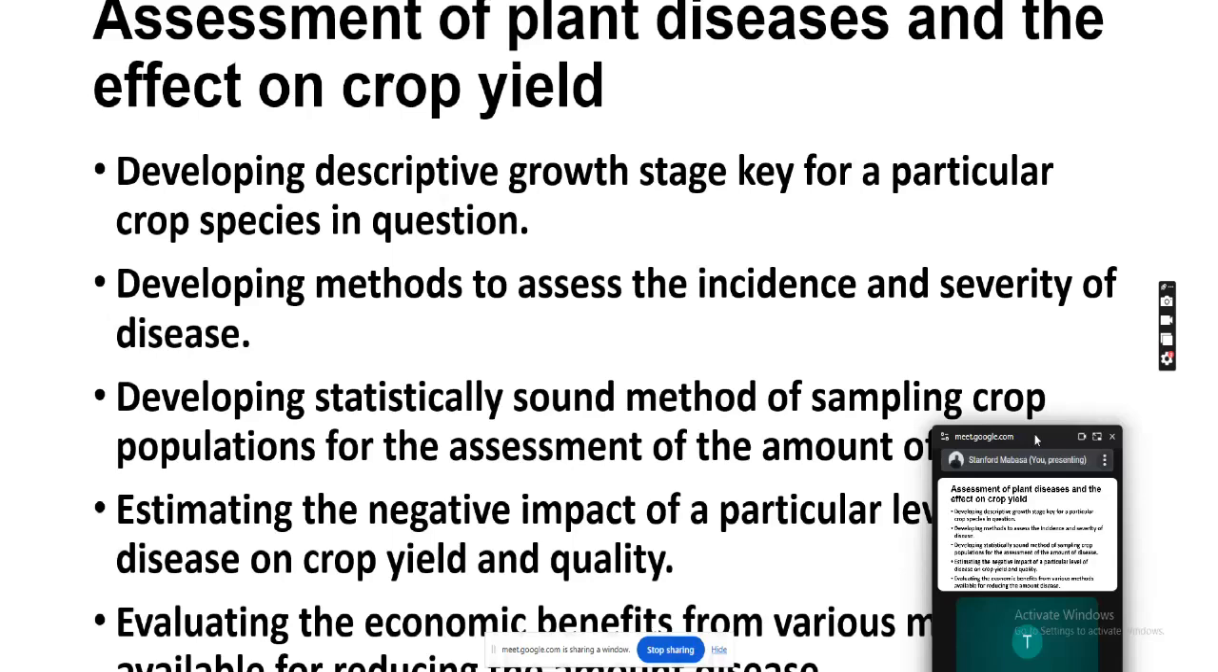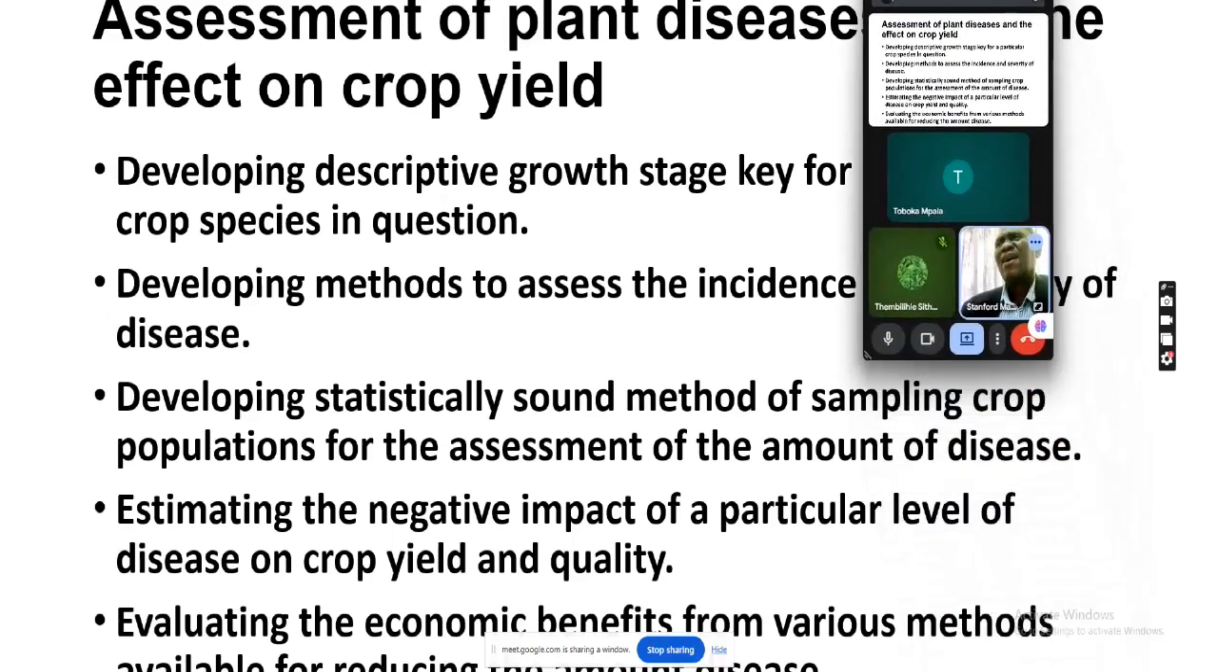Developing a statistically sound method of sampling crop populations for the assessment of the amount of disease. So we need some proper methods to estimate the amount of disease. Estimating the negative impact of a particular level of disease on crop yield and